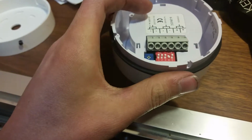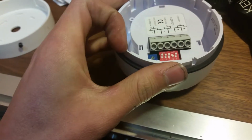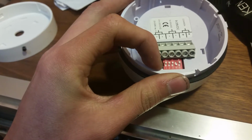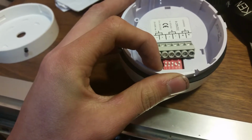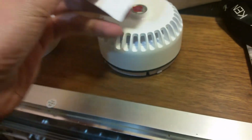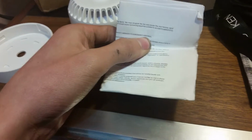And then, as I said, these dip switches are for selecting the tone, and right now, the only one that's off is 4. So, after consulting the manual, we'll see what tone has been selected. Alright, and after consulting the included manual, I can see that the tone that has been selected is the sweep,